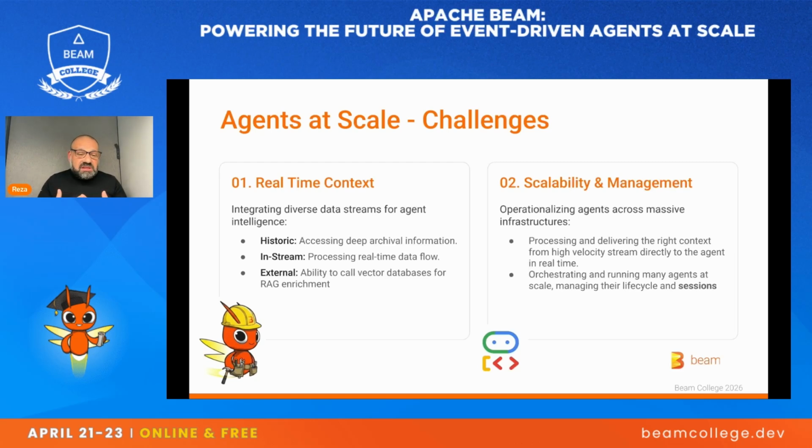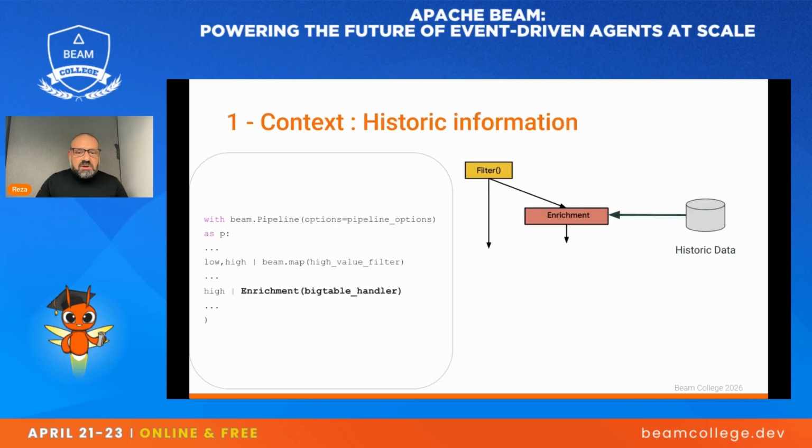Finally, the external data. This is where you want things like, for example, fork manuals to be brought up, and for this we may need to use RAG. And on the other side, in terms of the agent itself, we want an agent to be available in the system, ready to take these events and drive its application. In a slightly more advanced case, we may want that agent to have some history of previous conversations to do with this session. So how do Apache Beam's turnkey transforms help in this space?